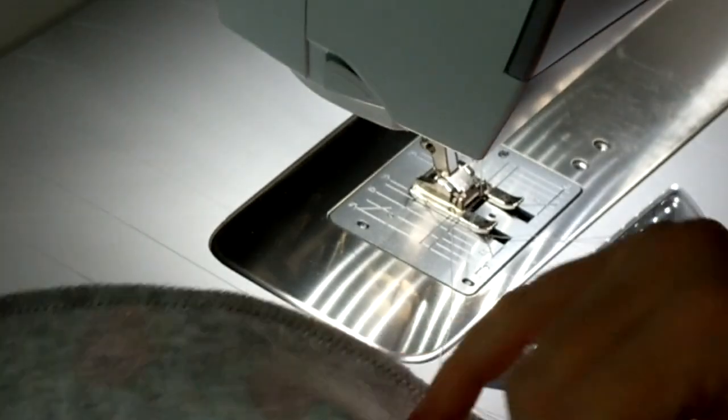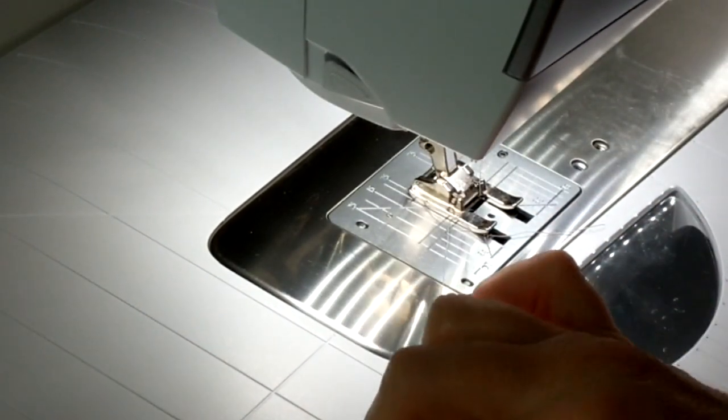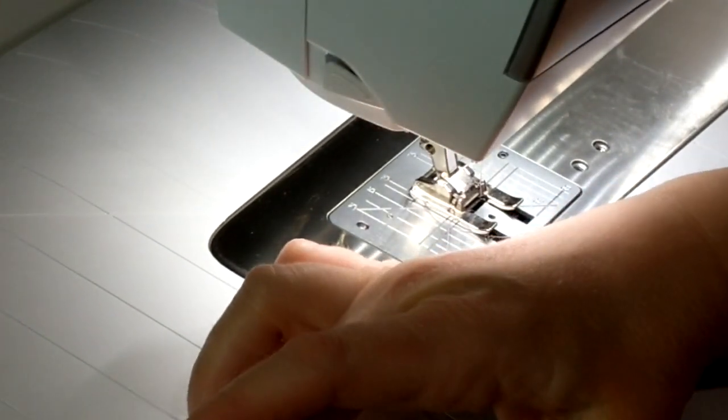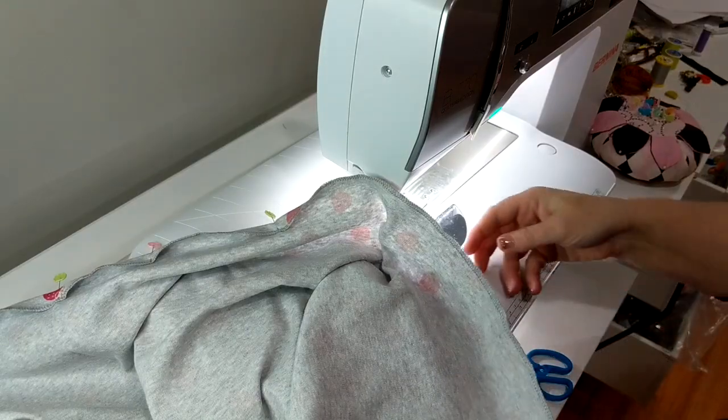For the hem, we're just going to turn up a 1/2 inch all the way around, maybe 5/8. I'll do a 1/2 inch stitch with a 5/8 inch turn up and straight stitch it. So let me get that pinned and you'll see it finished. All right, as I finish pinning this,